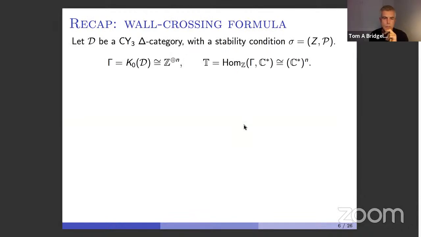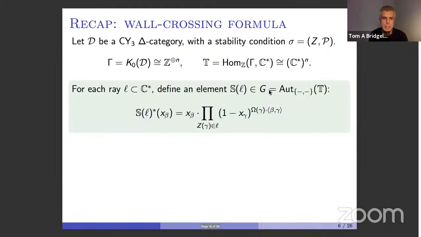So just to remind you where we were with that. The starting data I always begin with is some Calabi-Yau 3 triangulated category with a stability condition. That's a very general context where one can hope to define DT invariants. There is this lattice and this torus. And then for each ray in C star, we defined some